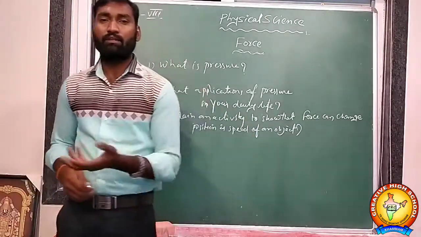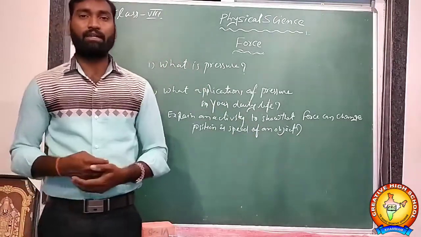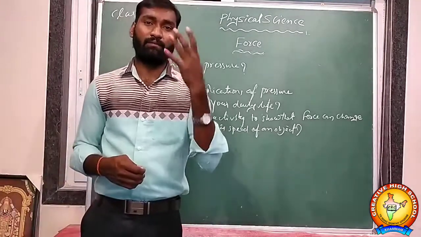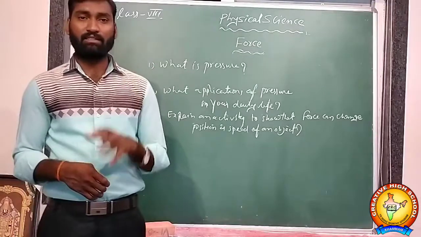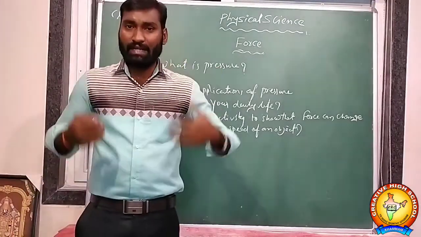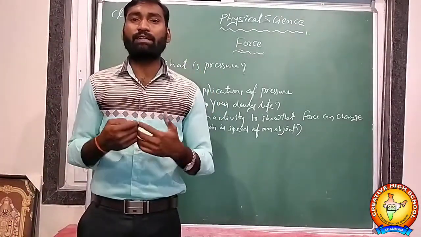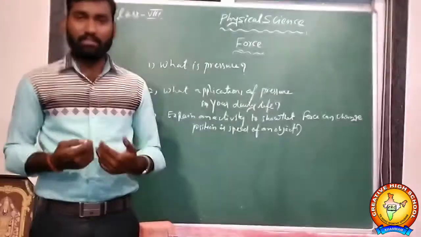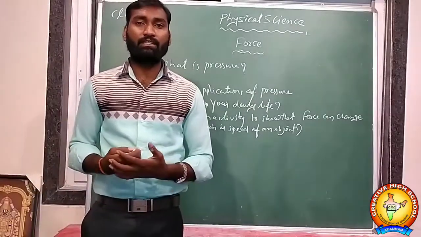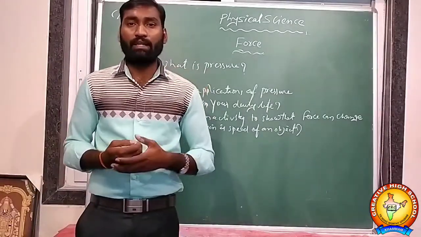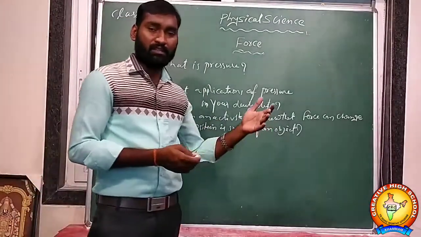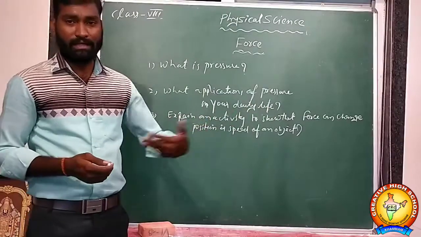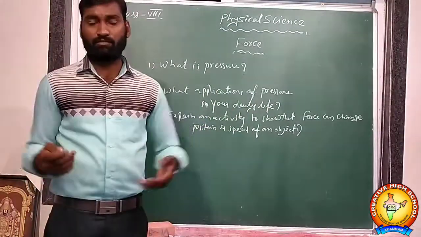How many forces are acting on a body, we can explain by using a free body diagram. For example, I am standing on the ground. How many forces are acting on my body? One is the weight, meaning gravitational force acting in one direction. The normal force is acting in the upward direction, and the frictional force acts when I am walking, opposite to my direction, and the applying force, muscular force.